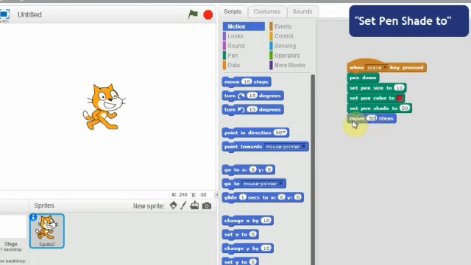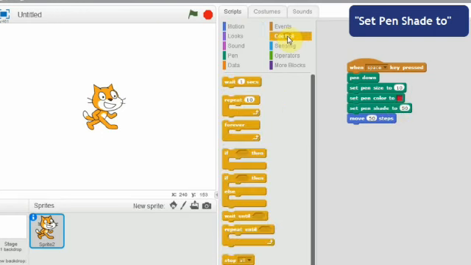In this script, we are going to set the color range. The set pen shade to block only sets the color range. Listen students, now I am going to take a repeat block from the control block.